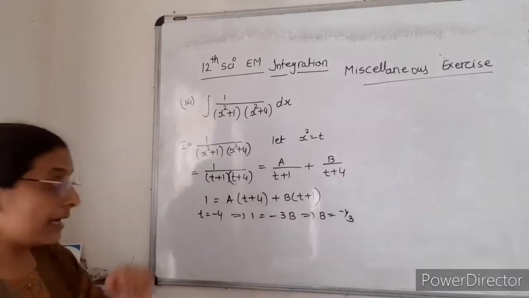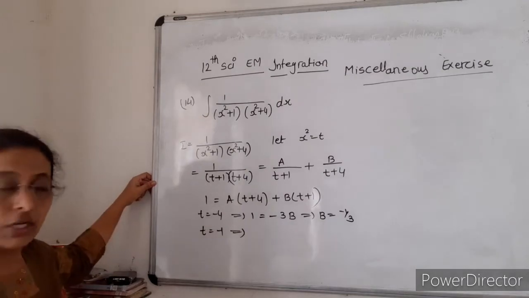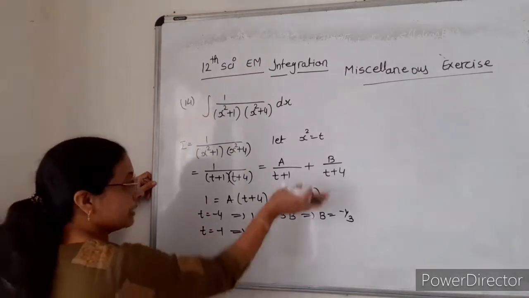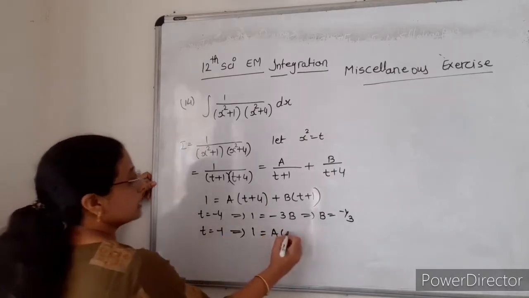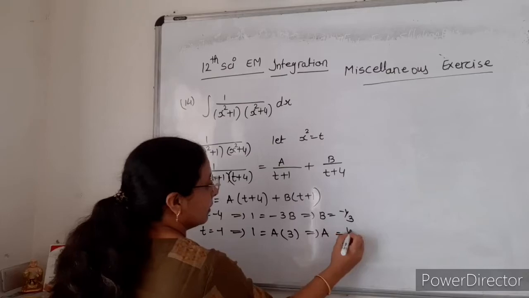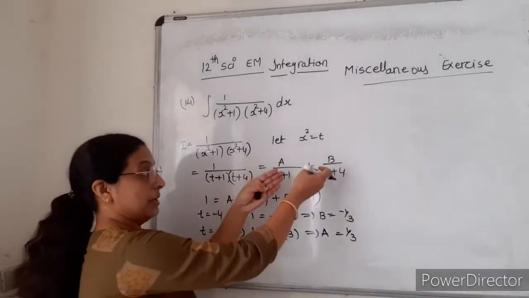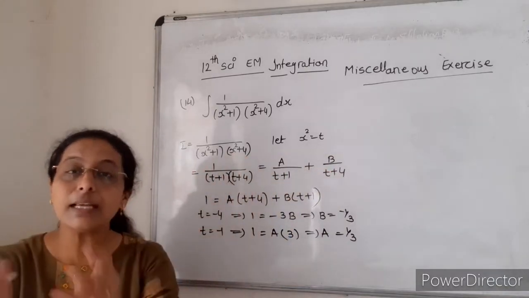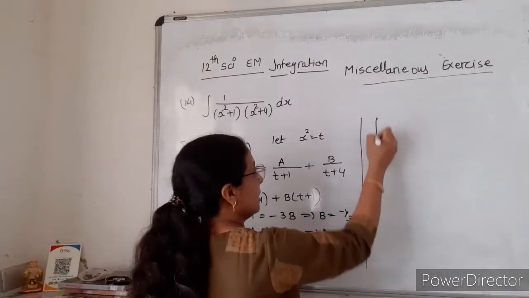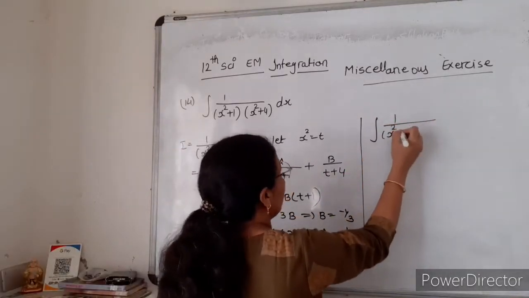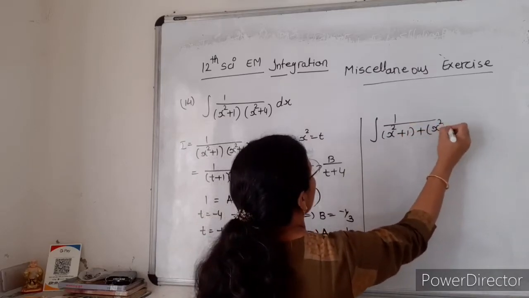Then we will take t is equal to minus 1. What is it? Here is 1, this part will be 0. So, a into minus 1 plus 4, that is 3. So again a is equal to 1 by 3. Now we put this value of a and b here. When we take the integration, we will take again x square, right? So, we will write here the integration of 1 upon x square plus 1, plus 1 upon x square plus 4,